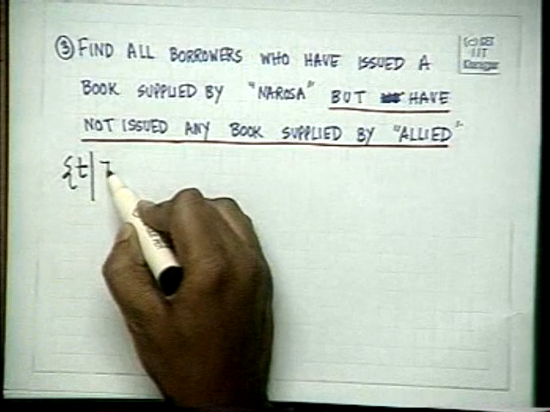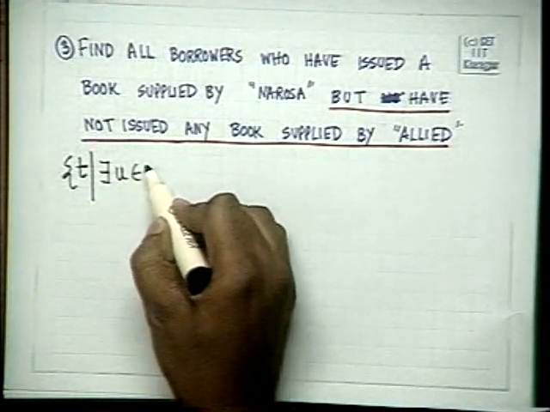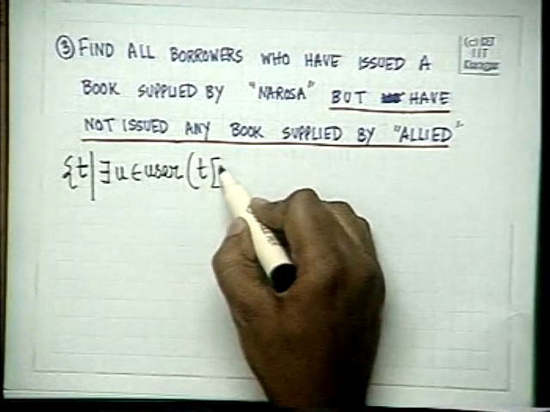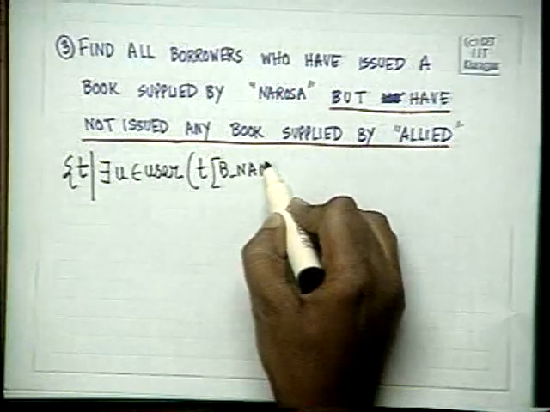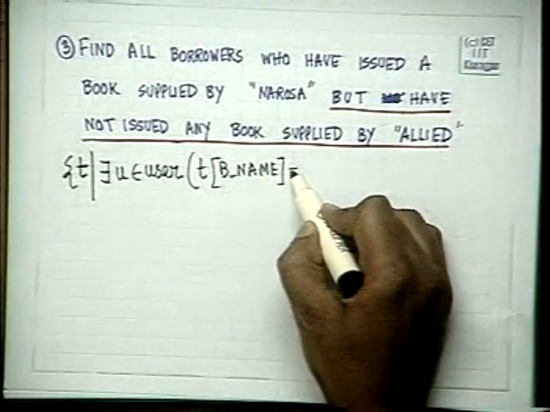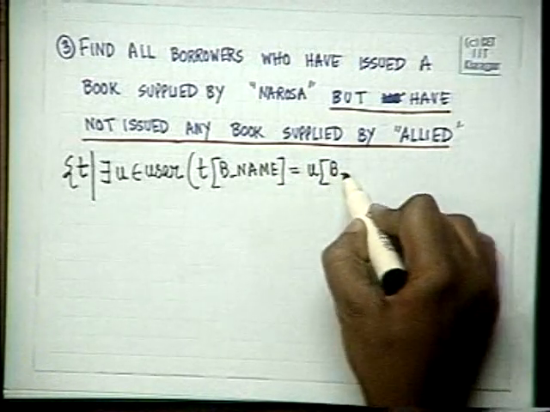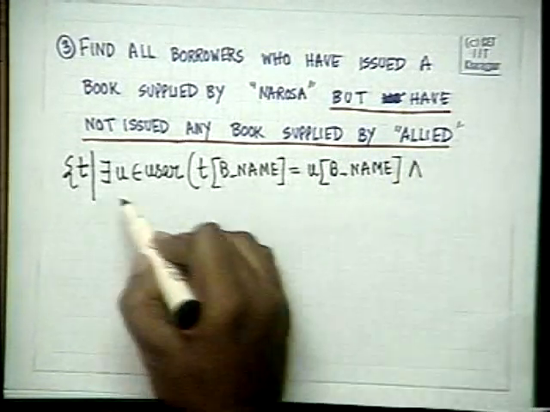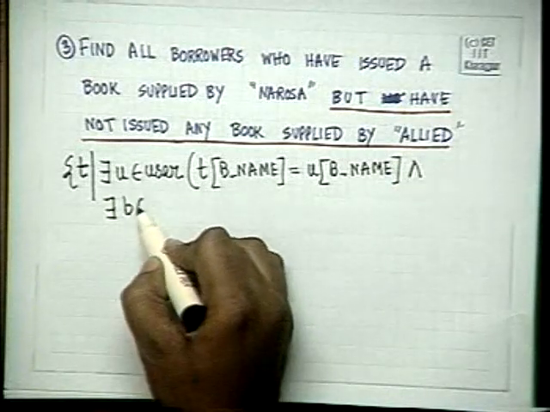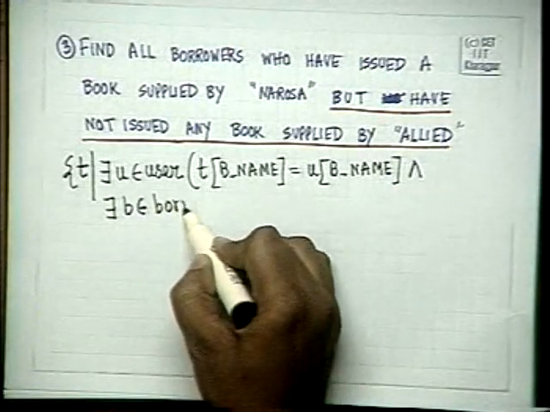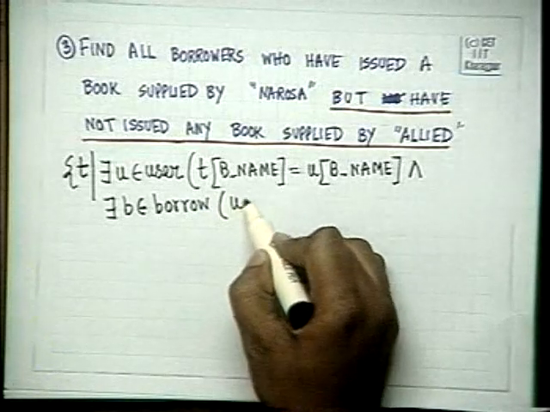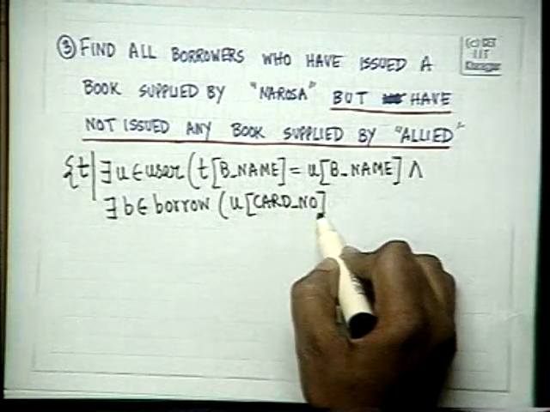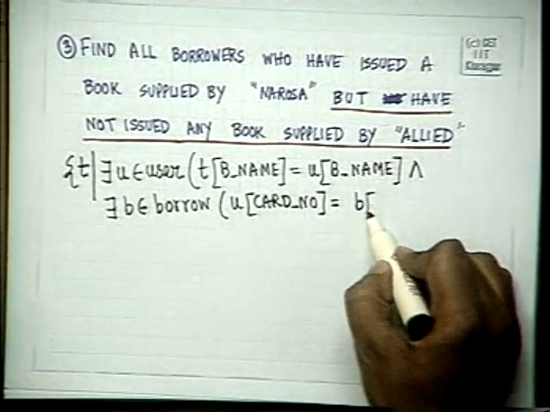T, there must exist a U element of user such that T of B name is equal to U of B name, and there must exist B element of borrow such that U of card number is equal to B of card number,